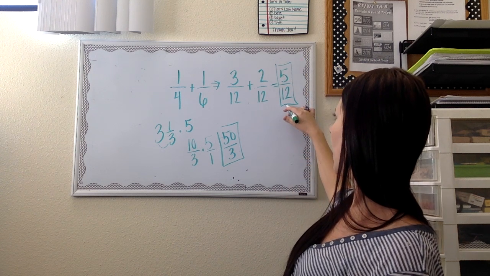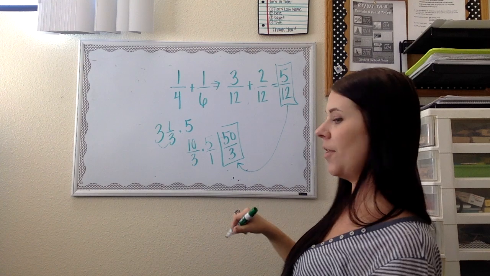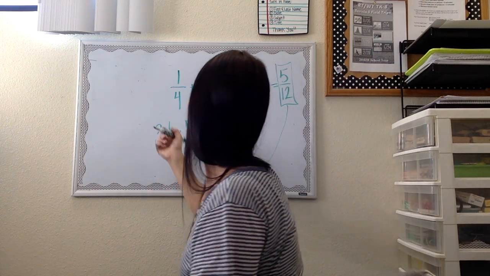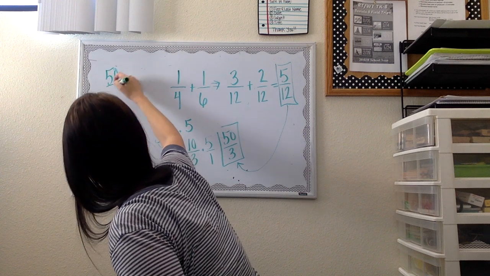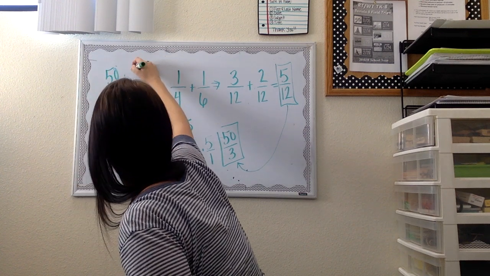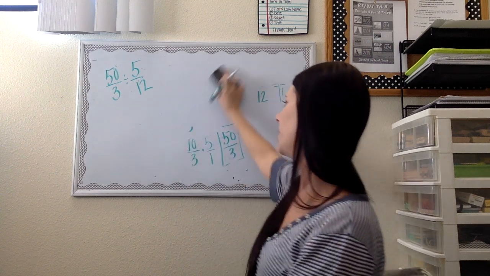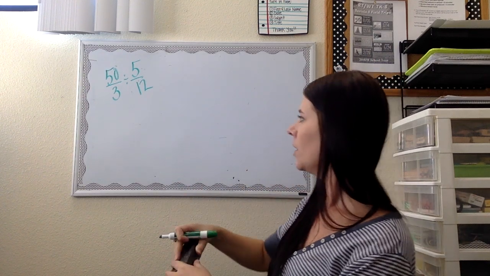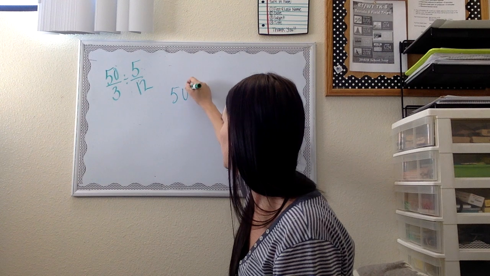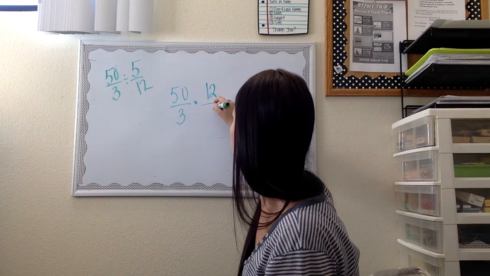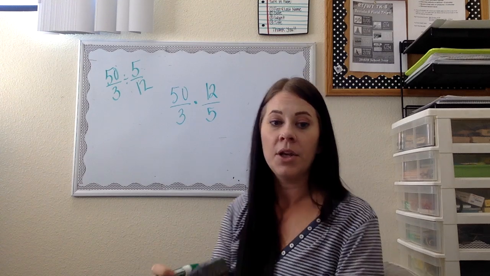So we want to know how many of these go into those. So hopefully you already know we're doing 50 over 3 divided by 5 over 12. And I'm going to erase all this. You don't erase, okay? So I'm really doing 50 over 3 times 12 over 5. I really want to